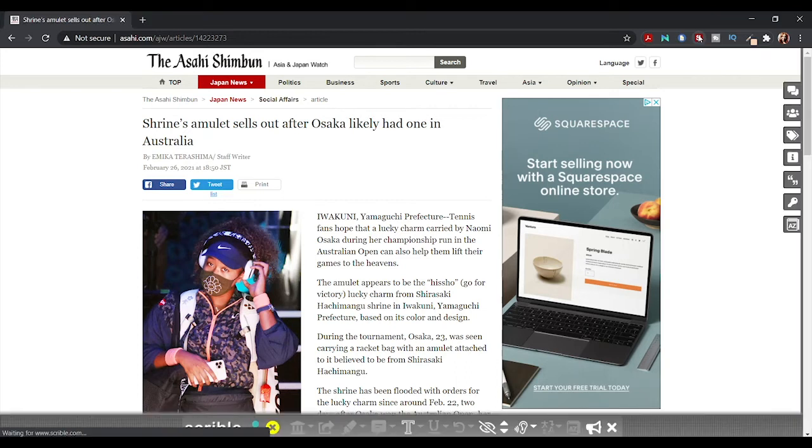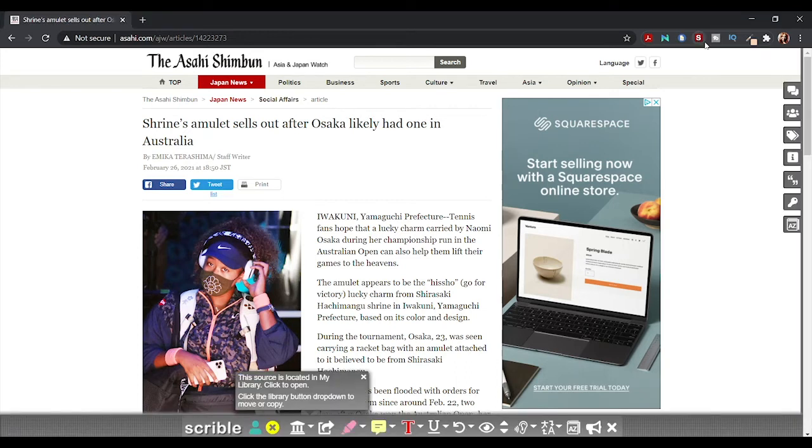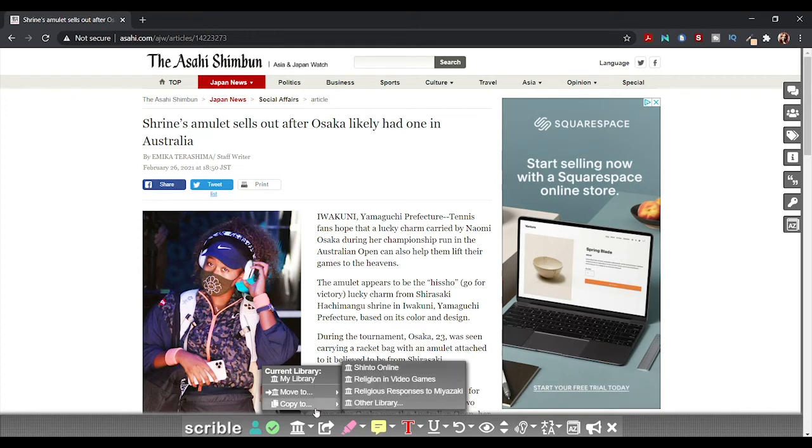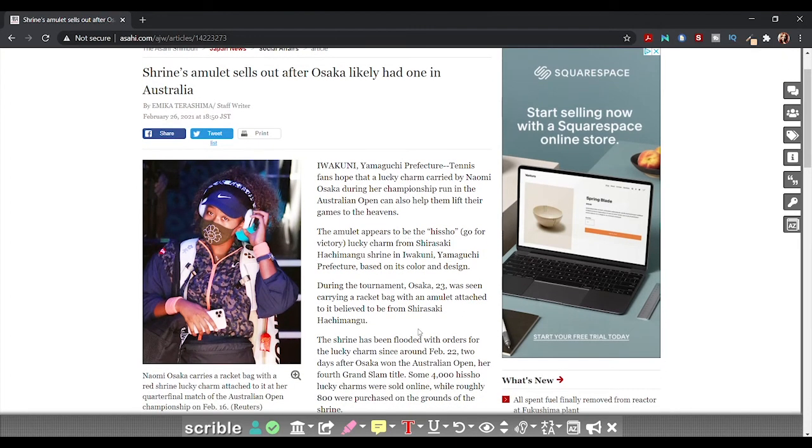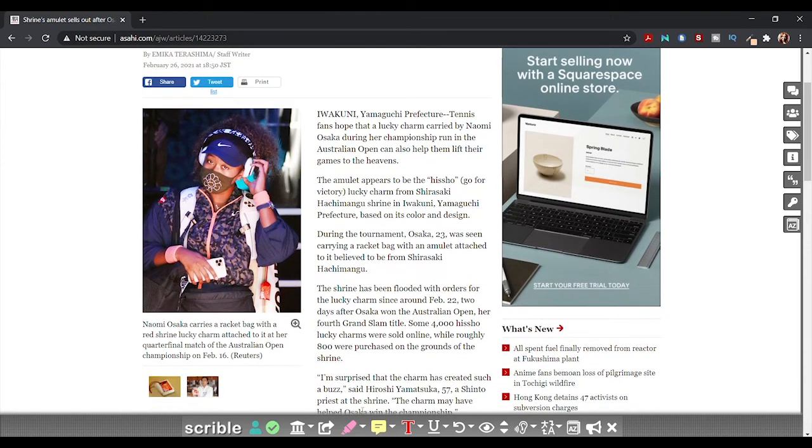And if I just click the Scrible toolbar extension, these toolbars will pop up. As you can see, the page has already been automatically cached and stowed away in one of my Scrible libraries. Right now, the current library that I have things default to is my library. You can easily move pages and copy them to other libraries that you might have. And when you are reading or when you're ready to annotate, you can click around on the bottom to use any of these features, including highlighting